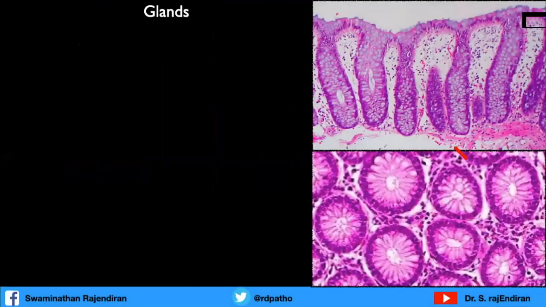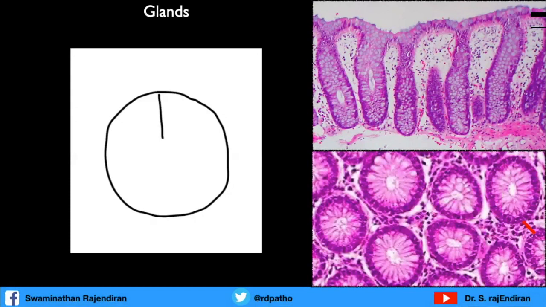Let us go into the differential diagnosis. When the glands are arranged longitudinally, there is no problem. We can see the test tube appearance and it is never confused with rosettes. But when they are cut tangentially, they look like rosettes, with a central hub and radially arranged cells. So how will you differentiate from rosettes? It's very easy.